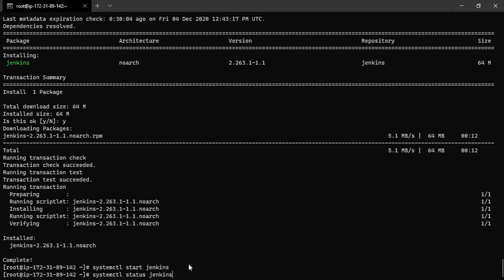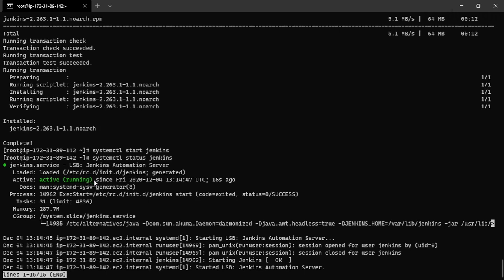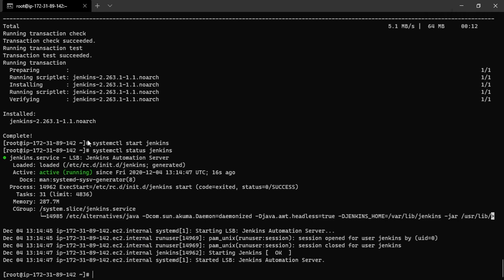We can check the status of the Jenkins server with systemctl status jenkins. We can see that our server is running, is active, and has loaded, and it's working fine.